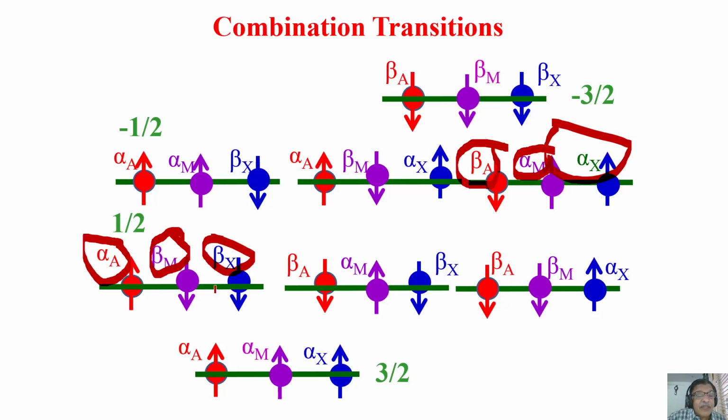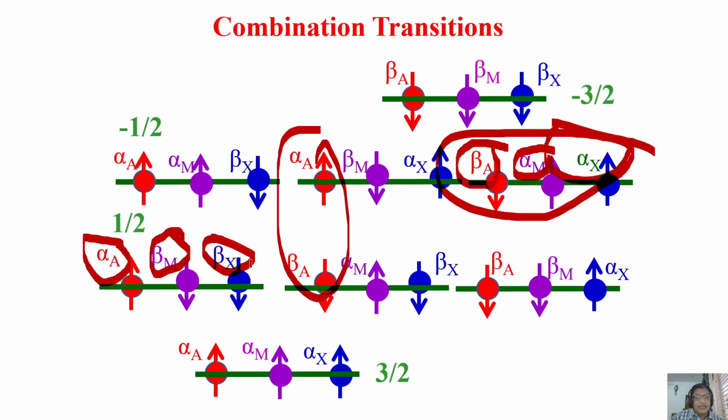But the only thing is, which selection rule should be obeyed. So the total difference in the magnetic quantum number between these two energy states should be either +1 or -1. That is obeyed. This is called combination transitions. Please remember, when one spin was flipping from alpha to beta or beta to alpha like this, this was called single transition, single quantum transition particular to one spin. But here, all the three are getting changed. This is called combination transition.